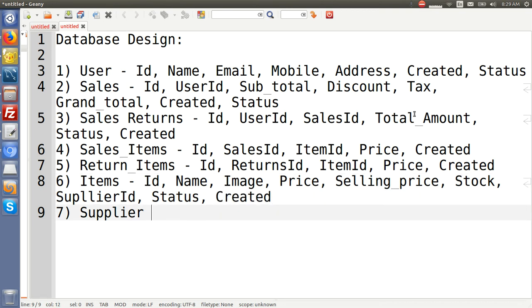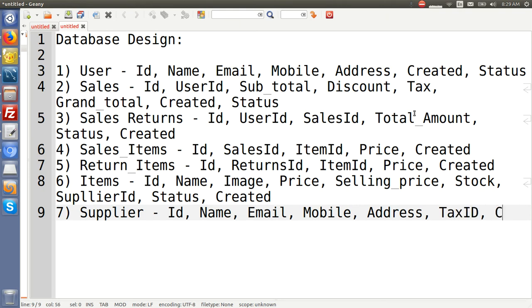So for the supplier table, we will be needing an ID and name of the supplier, email, mobile number, and address, and you might need a tax ID. And then the status and created timestamp. So I think pretty much these tables will help us to get started with the